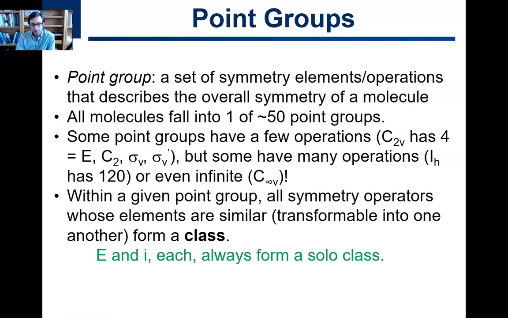we talk about elements that are similar, okay? And elements that are similar are called a class. We group them into a class. They're mathematically similar, and they also just feel similar, okay? So for example, E is in its own class. E and inversion are always in their class by themselves, okay? You can only have one E, one identity, and you can only have one inversion. And those are always by themselves. They're special that way. In this point group, C2V, C2 is in its own class, but these 2 sigma V's